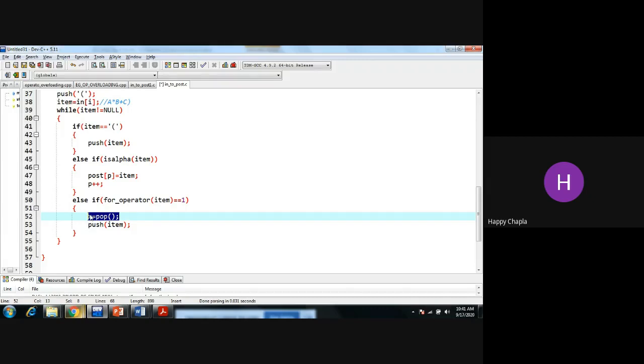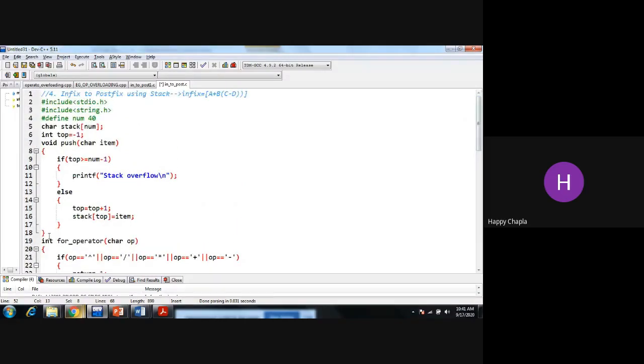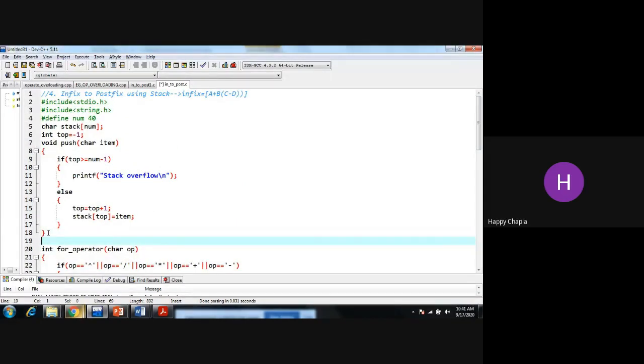Whatever variable is containing my stack, the top of the stack variable, we need to check that first. Okay, so push हमने लिख लिया, अब मुझे पॉप करना है, फिर भी मुझे टॉप ऑफ द स्टैक चेक करना पड़ेगा.